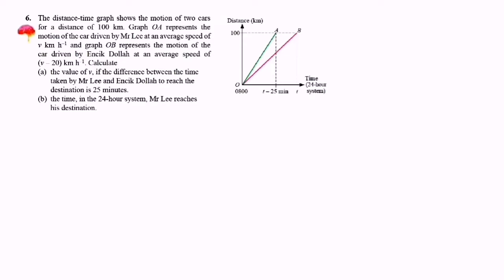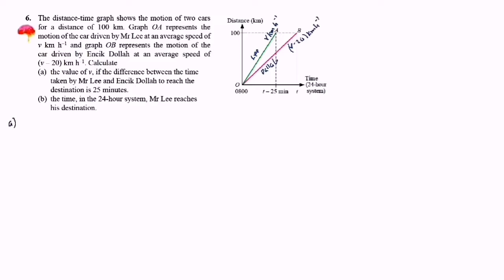The value of v. The difference between the time taken by Mr. Lee and $, to reach the destination is 25 minutes. Graph OA represents the motion of the car driven by Mr. Lee. The average speed is v km per hour. The graph OB represents the motion of car driven by $, at an average speed v minus 20 km per